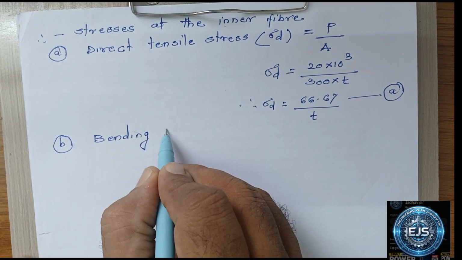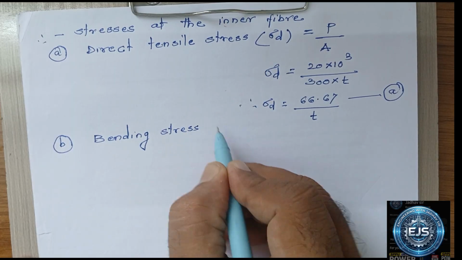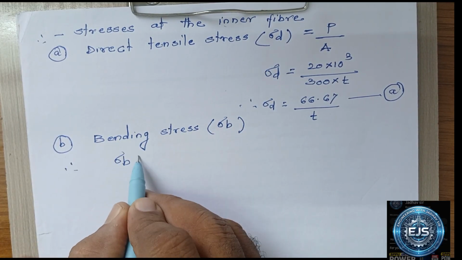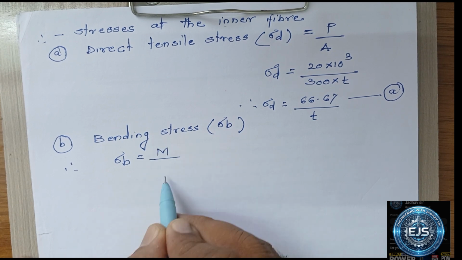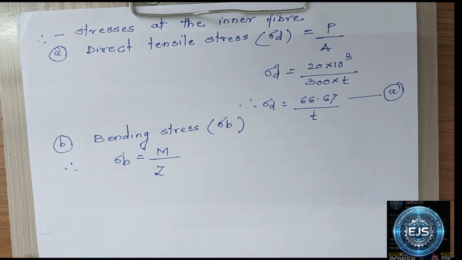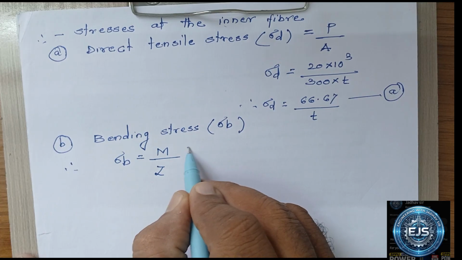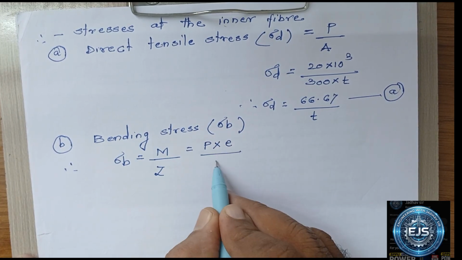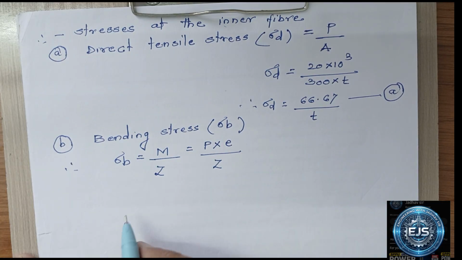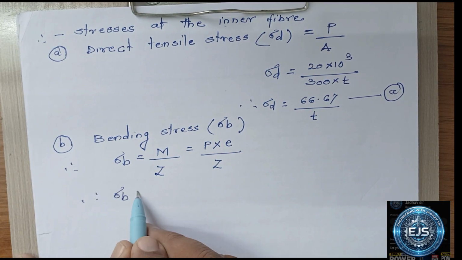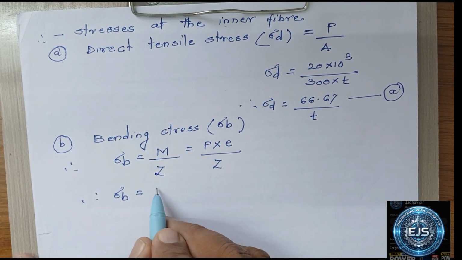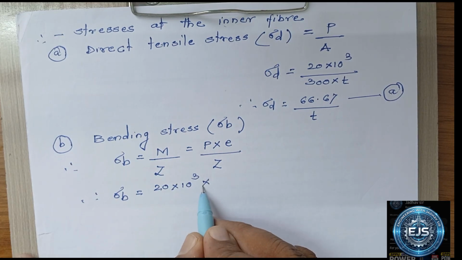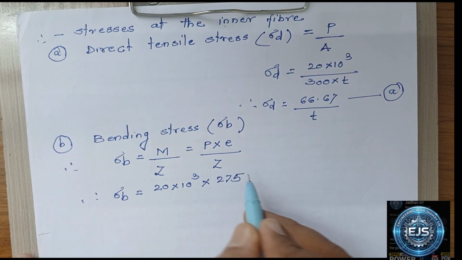And bending stress is denoted as sigma B. So sigma B, bending stress, is calculated as sigma B is equal to M by Z, where M is the bending moment and Z is the section modulus that we have just now calculated. So bending moment is nothing but equal to tensile load P into eccentricity E. So P into E divided by section modulus Z. So we have to put the load value. Load value is 20 into 10 raised to 3 multiplied by eccentricity. We have calculated it is 275 mm